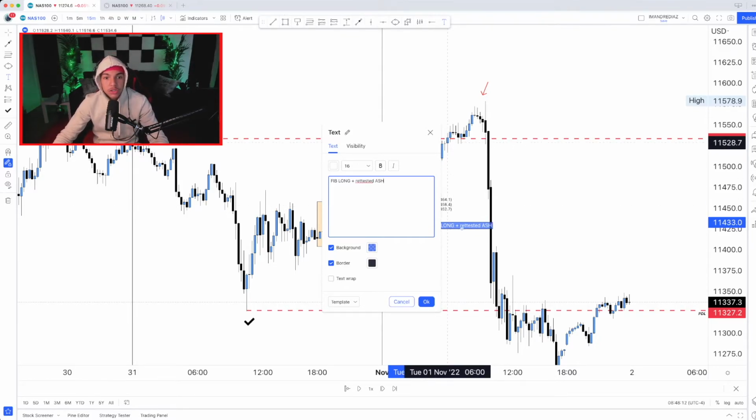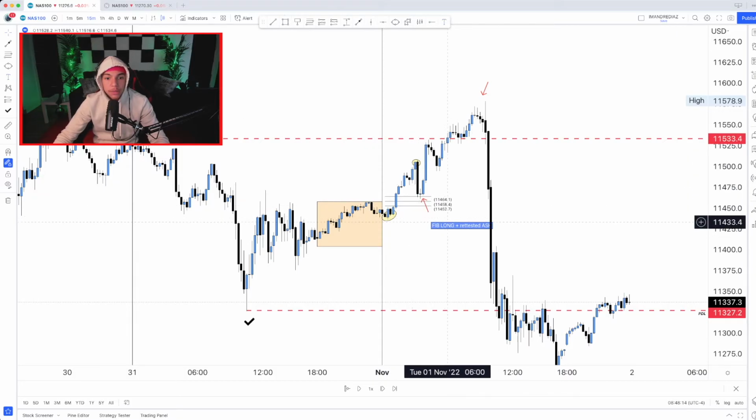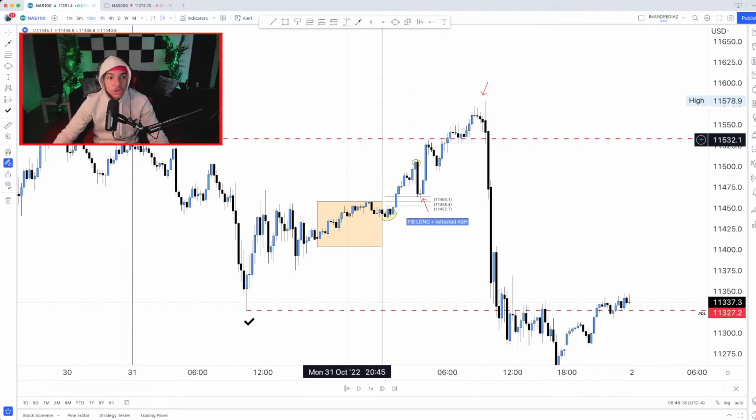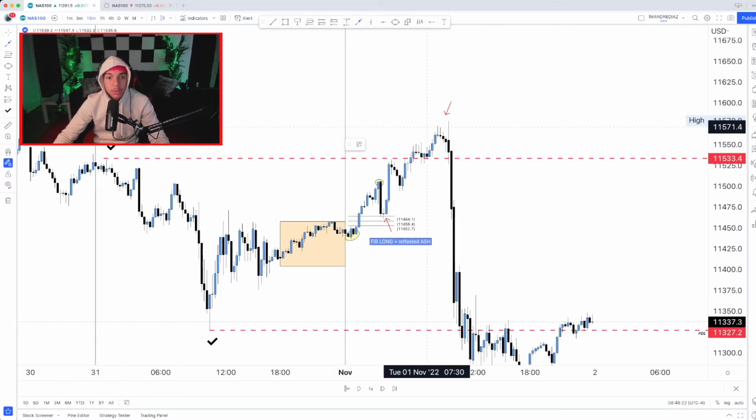We retested the Asian session high, just like that. So that could have been a potential long that you would have caught. Could have taken some partials off here, could have taken some partials at the previous day's high. But then what happened? You guys can see up here, the previous day's high got ran into at what